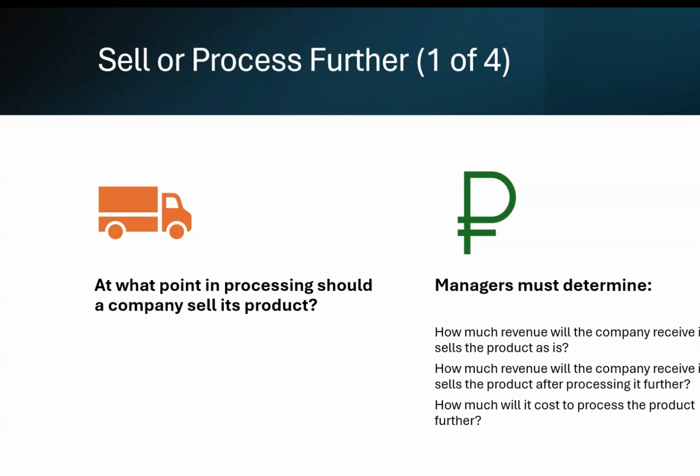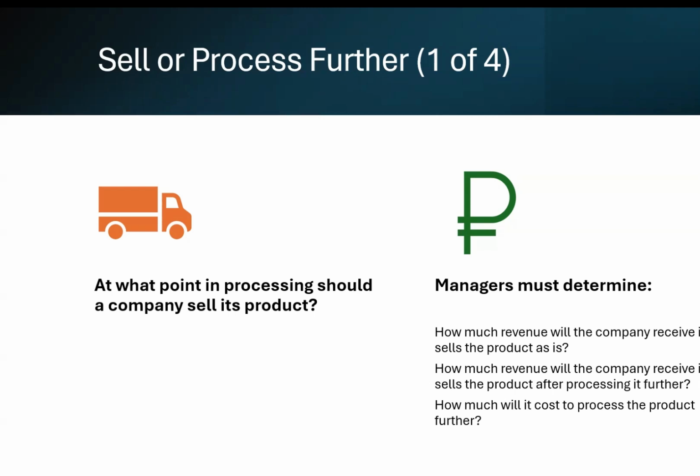For example, a dairy processor pasteurizes raw milk before it is saleable, right? They have to pasteurize it before they can sell it. So the company must often decide whether it should sell its pasteurized milk as is, or process it further into other dairy products such as reduced fat milk. Should they process it into butter, sour cream, cheese, or other dairy products?